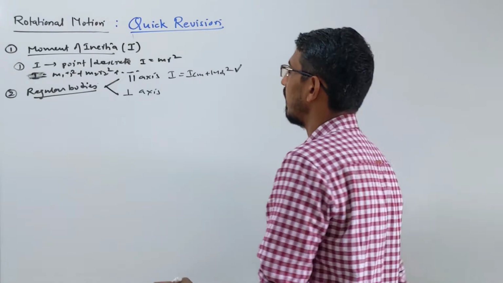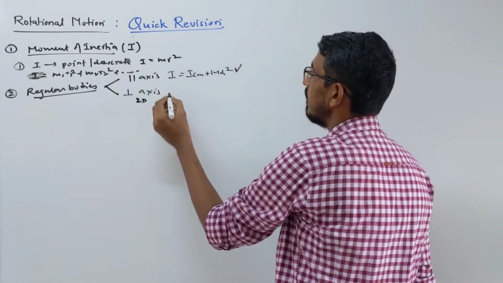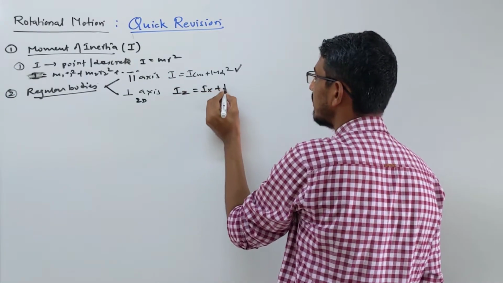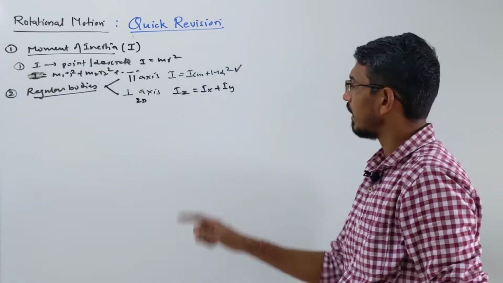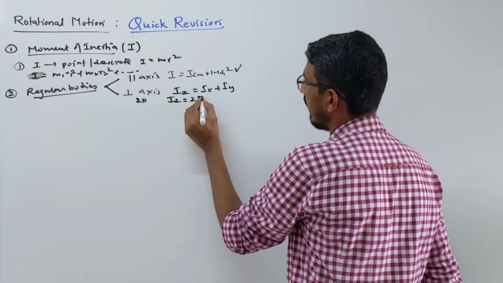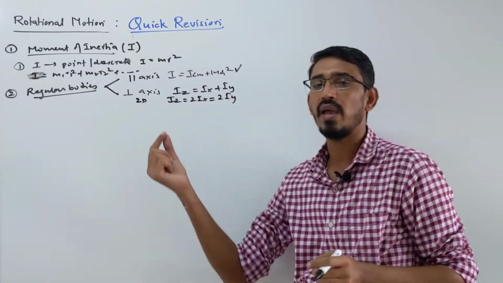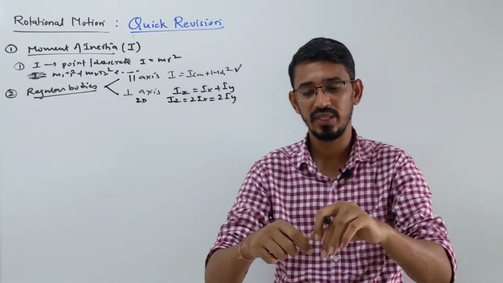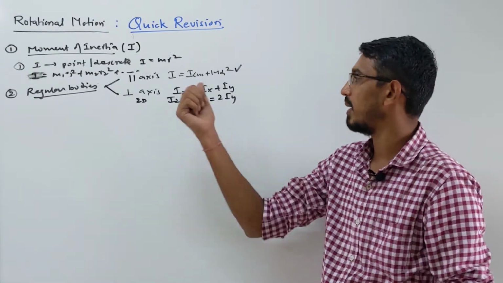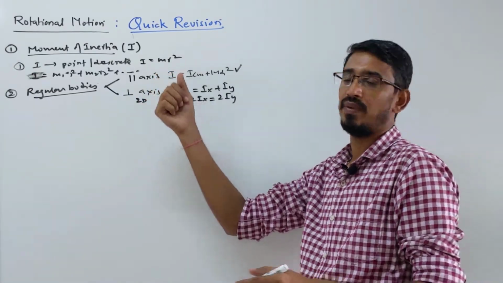But the perpendicular axis theorem is applicable to only 2D bodies. This theorem says inertia about the z axis is always equal to inertia about the x axis plus the y axis, and these two will always be equal. So you can also write that Iz will always be 2 times Ix or 2 times Iy. This is applicable to 2-dimensional or plane bodies, like a ring, a disc, a square sheet, a rectangular sheet. You cannot apply it to a solid sphere or hollow sphere. But the parallel axis theorem is applicable everywhere.